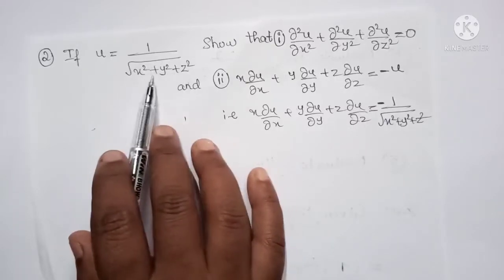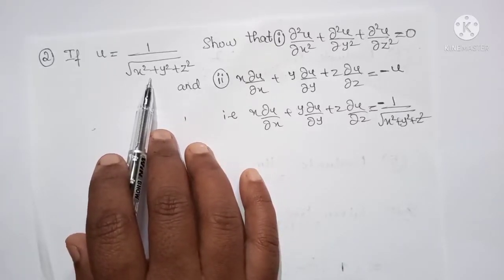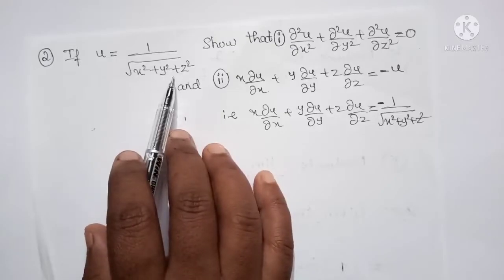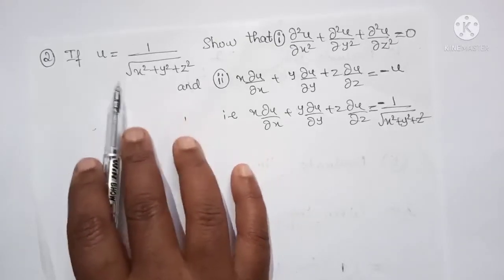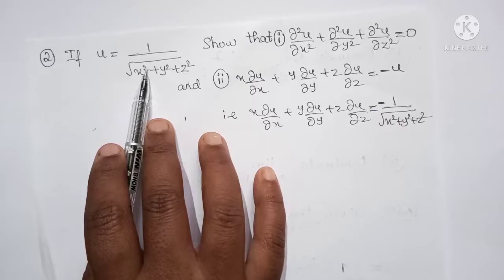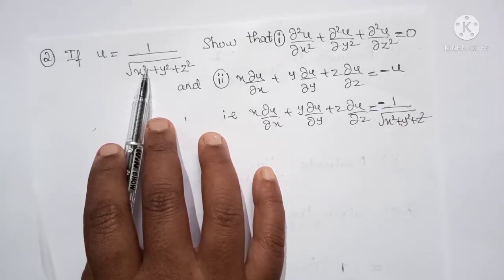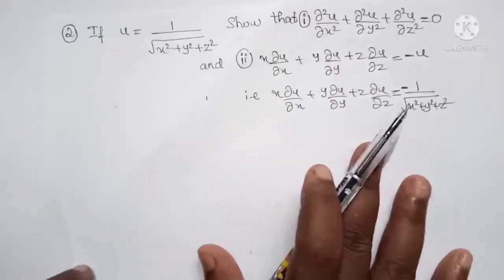You can observe that if you replace x, y and z in the cyclic manner, you will get the same function. Therefore it is cyclic, it is a symmetric function. If you identify the symmetric function, the solution part will be very easy for you.